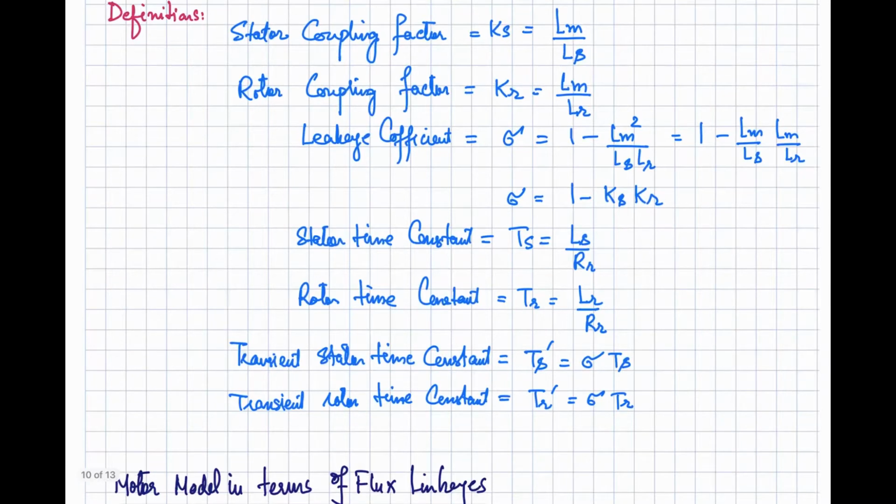The first term is the stator coupling factor, equal to Ks, and it is defined as the ratio of Lm with Ls. What is Ls? Ls is the total inductance of the stator side. It is equal to Lls plus Lm. So basically this coupling factor is telling us how much of the total flux from the stator side, stator inductance, is linked with the mutual inductance, or linked with the rotor, because the mutual inductance is basically representing that flux that is linked between stator and the rotor.